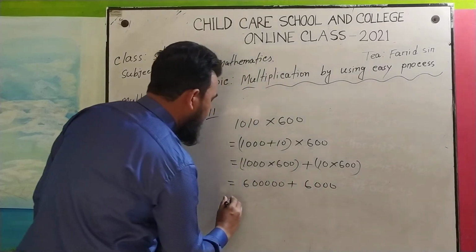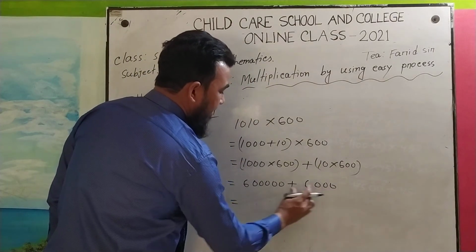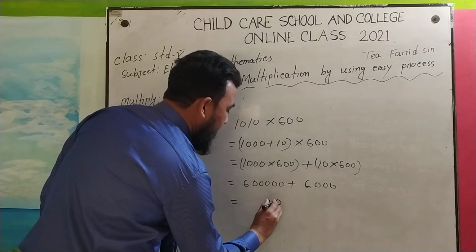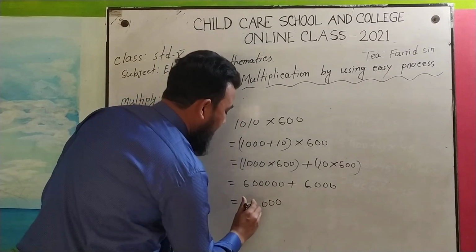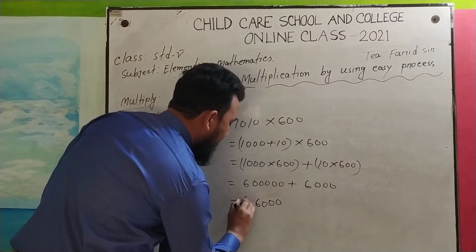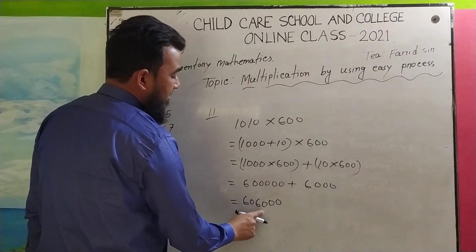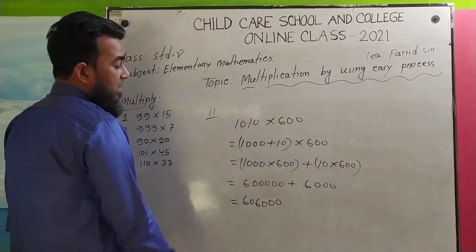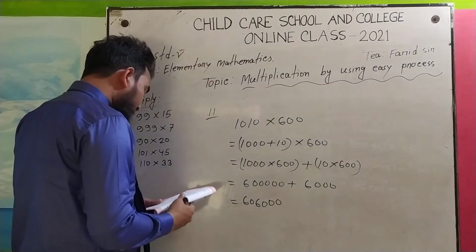Okay. Now add this. Now there is 60, there is 00. Now we have to add 6 with this. It will be 6, and here is 60. So in total, what will be here? 1, 10, 100, 1000, ten thousand, lakh. I mean 6 lakh 6,000. Now